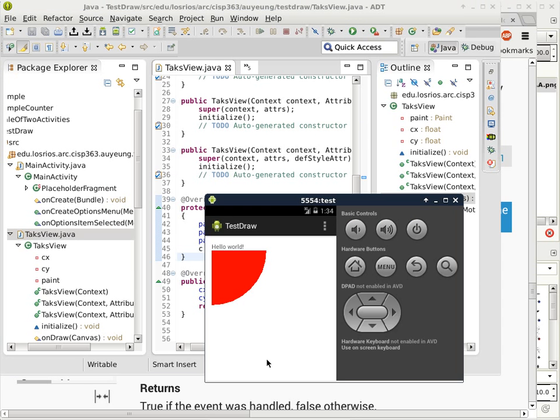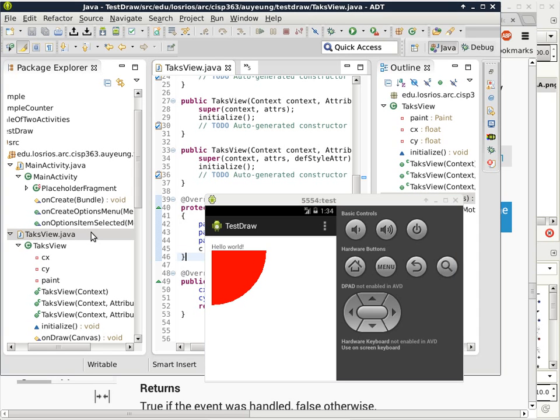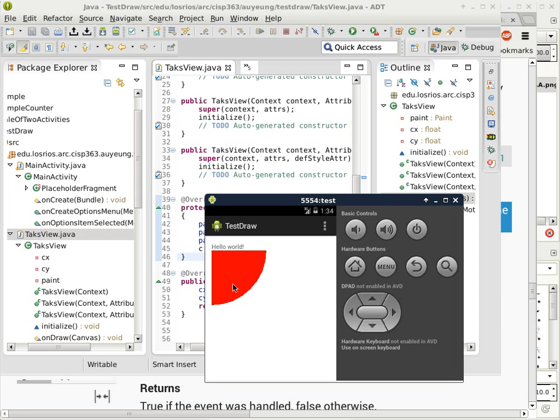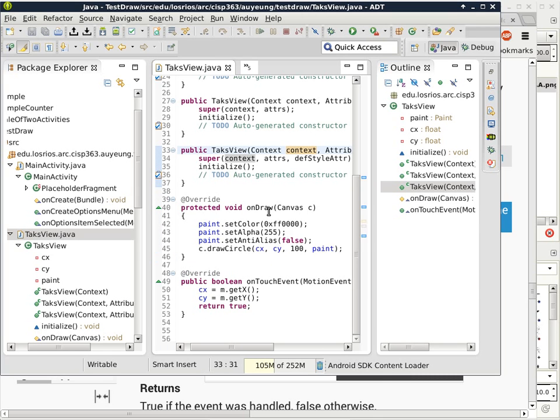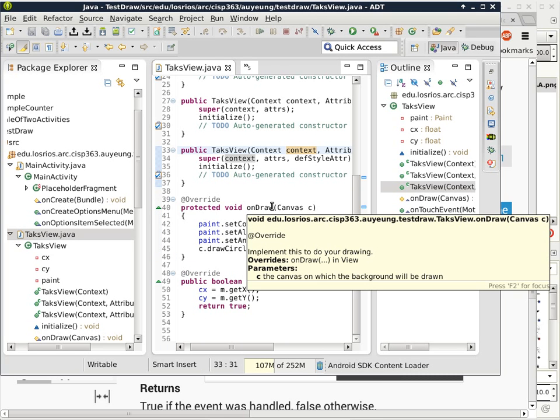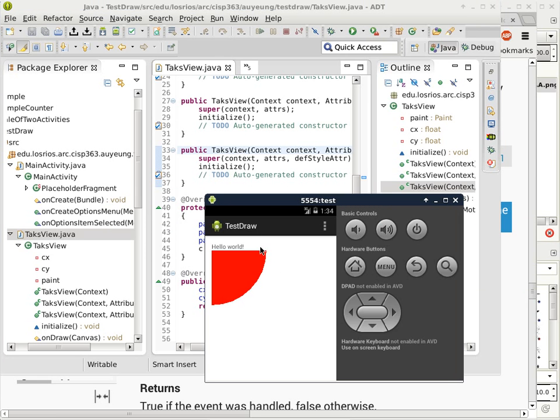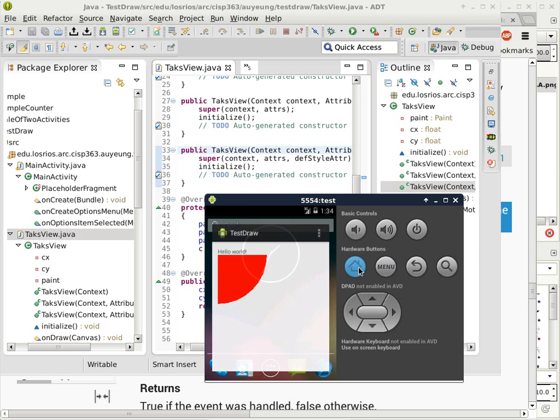All right, so this is the new application, and I'm dragging here, and nothing happens. You can see the circle has not moved even slightly. That has to do with there being no triggering of the onDraw method. Once the view is painted and drawn, it just says, okay, I'm done. So how can we make sure that that really is the case? How do we make sure that this is not another problem? What we can do is go back to home,